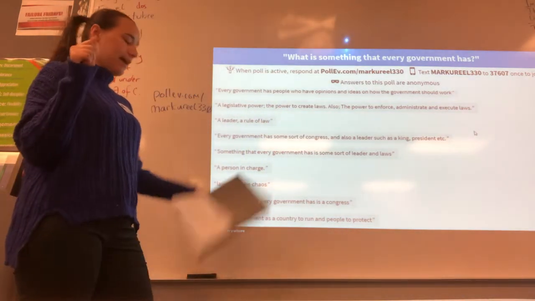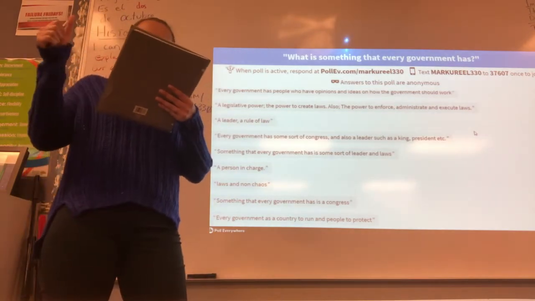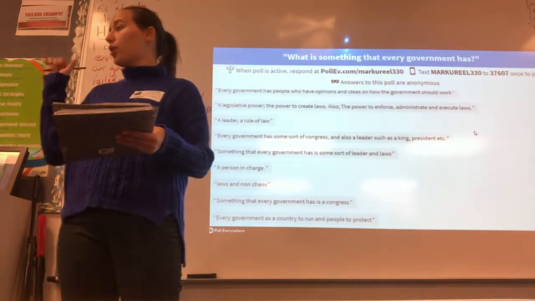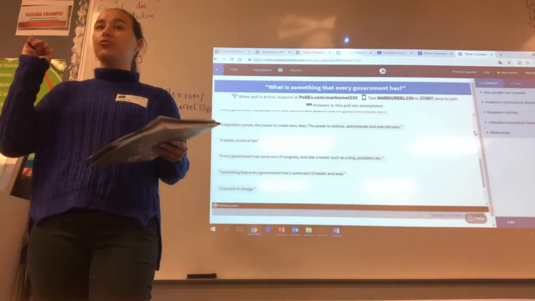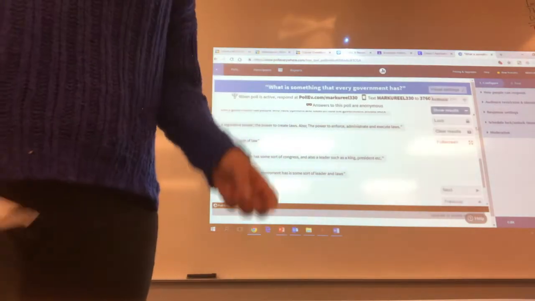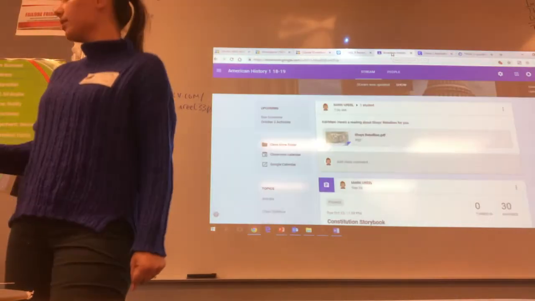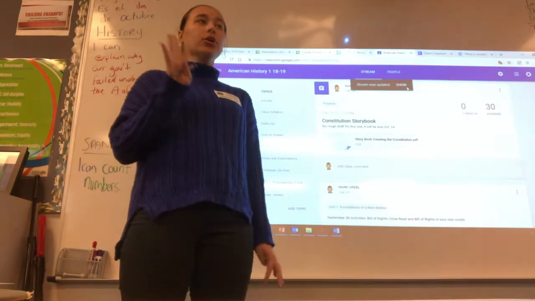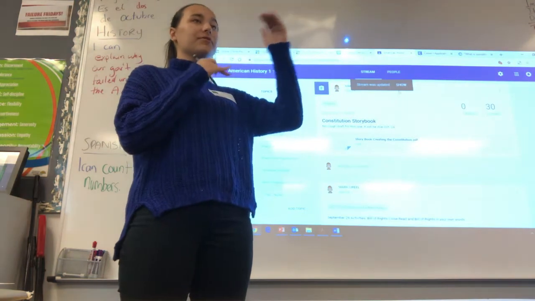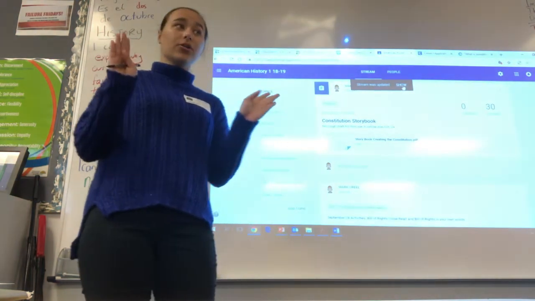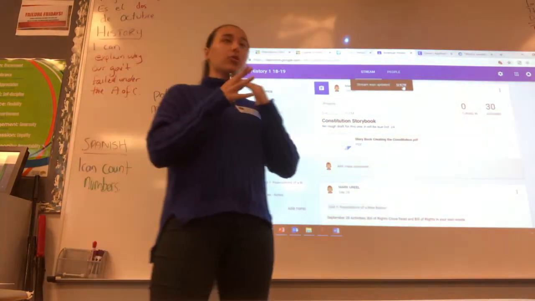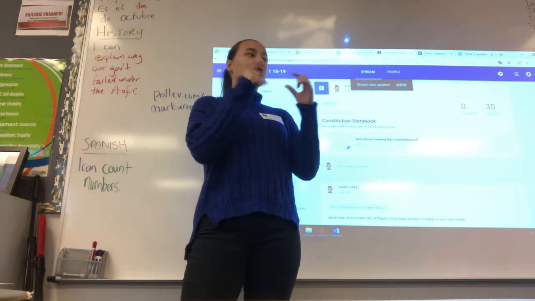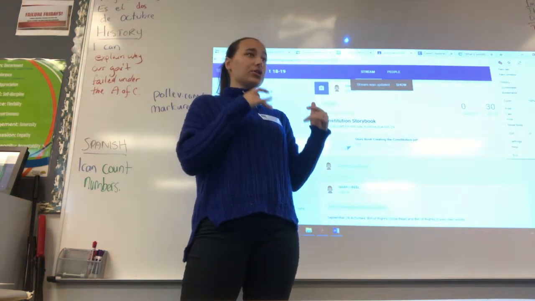So what we're doing now is we're going to read the Articles of Confederation, and they should be on Google Classroom. There are 4 different sections. I split it up into 4 sections. I didn't give you the real Articles of Confederation. They are the real ones, but they're broken down so you can explain and understand each one.